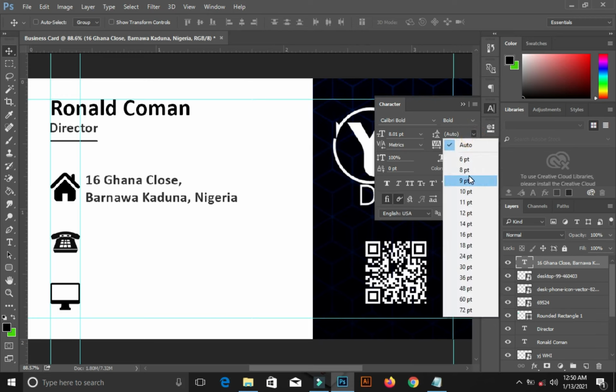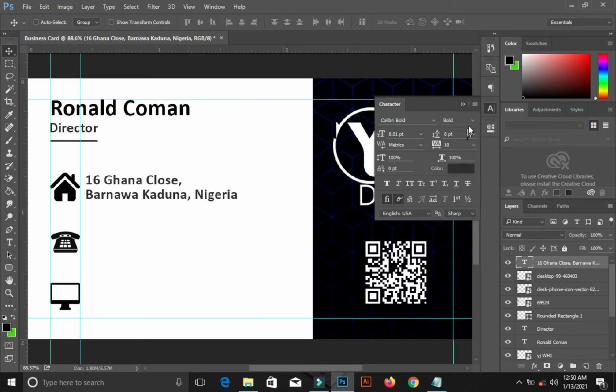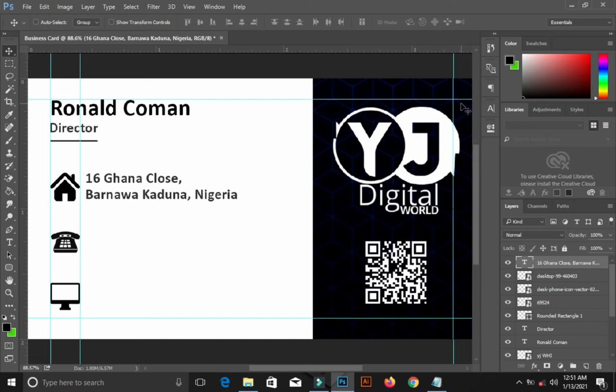Okay, can you see? It is not good enough. Let me increase it to 9. I believe this is okay. Now I can position it a little. Okay, it's positioned properly.